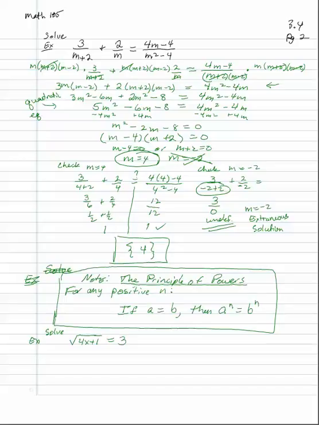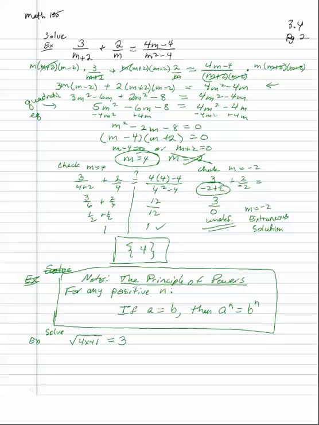So for any positive n, if a equals b, then you can raise both sides. So again, it's like the golden rule. If we raise both sides to the nth power, then that's going to be a true statement too. Now, the problem here is that this is an if-then statement, not an if and only if statement. So it doesn't work both directions, meaning,